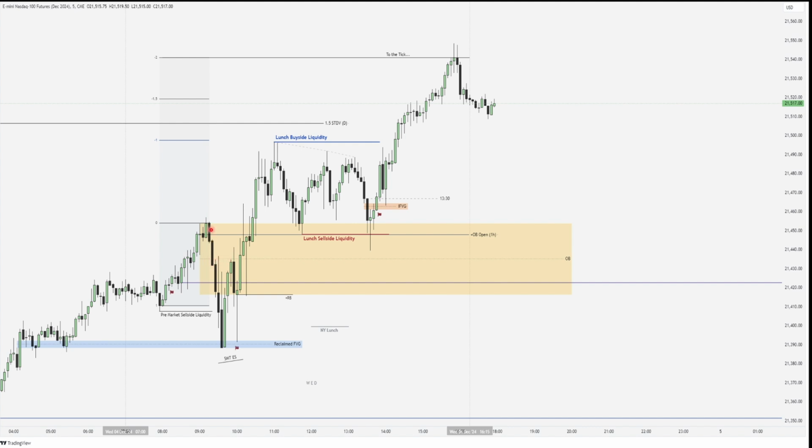But that's of course a mechanic to engineer more buy side liquidity above, as they will go short, trying to chase that move lower, engineering more buy side, which is the perfect counterparty for smart money to distribute to. And where do they accumulate? Below old lows in a discount. So the market drops back down, takes out the sell side, goes back down into this reclaimed fair value gap.